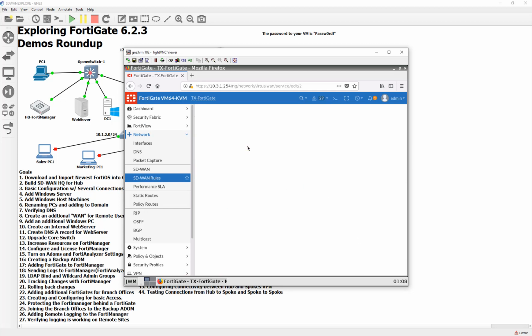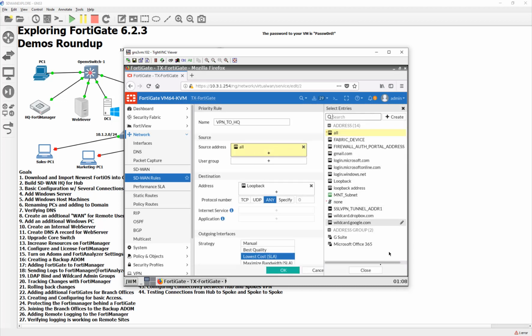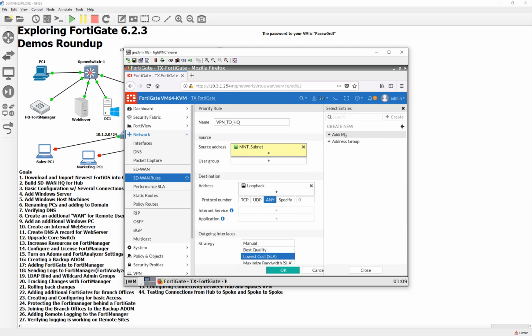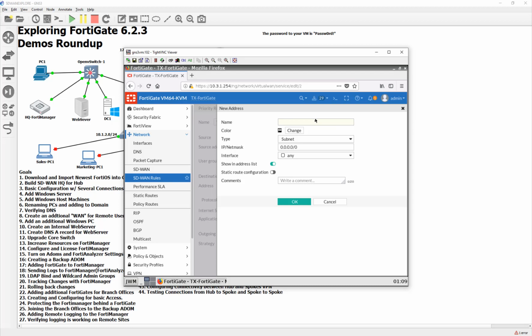Well, what's nice about this though is that the rule is there. All right, so essentially we can just do a little tweaking here. So, like I said, I'm not quite sure if I need both directions or anything like that, but basically I'm just gonna do it just to be safe. I'm gonna come in here and create a headquarters subnet because right now that's the management here in Texas. So let's go ahead and create a new one, and I'm just gonna call it something like HQ